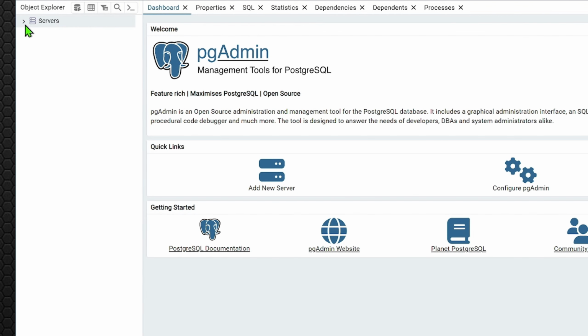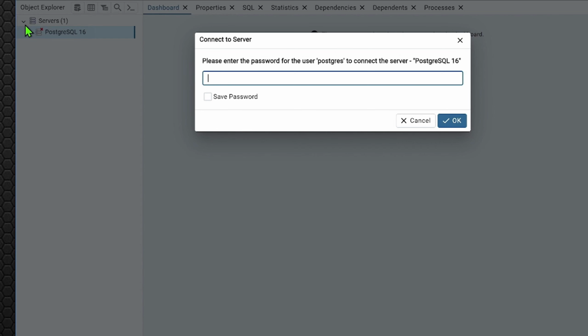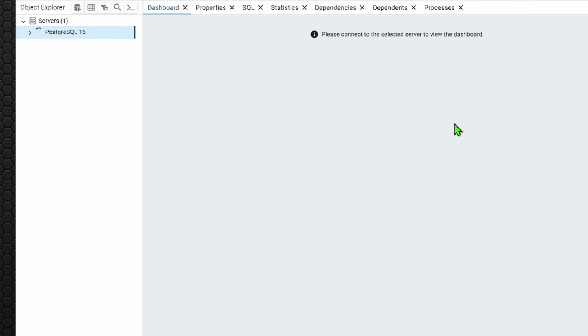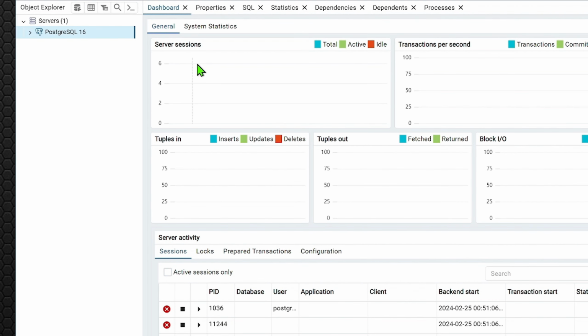So I'm going to connect now to the server. In order to connect to the server, a password is needed, so you have to create a password for yourself. I created mine, and I'm going to insert it now into the required window. So confirm with OK, and the database is going to connect to the server. Now, as you can see, a dashboard will appear,